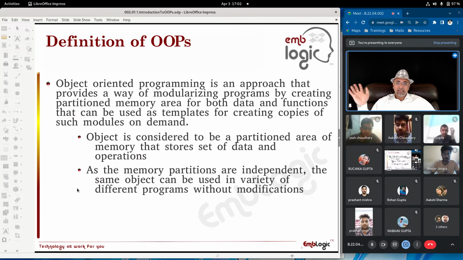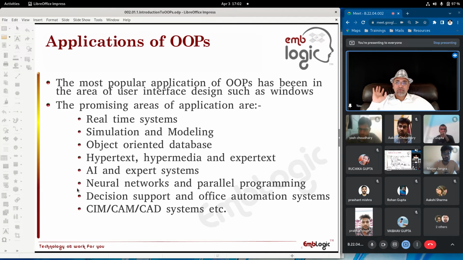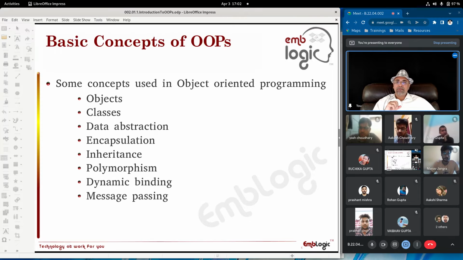All this theory you can read: the definition of OOPS and benefits of OOPS. This is all theory. It is given in your notes. You can read that. Applications of OOPS you can also see. The latest addition to OOPS is that the new architecture of Linux supports the concept of OOPS in the kernel space also. Therefore, we have included C++ programming in our training. I would like to come to this point and start your training from here onwards.